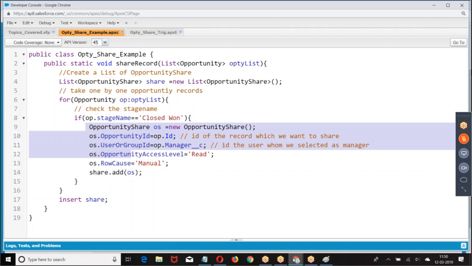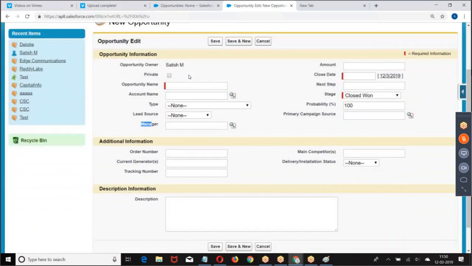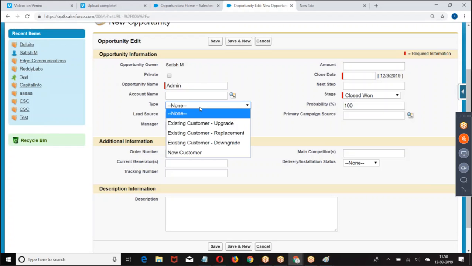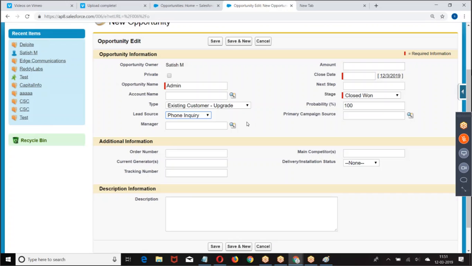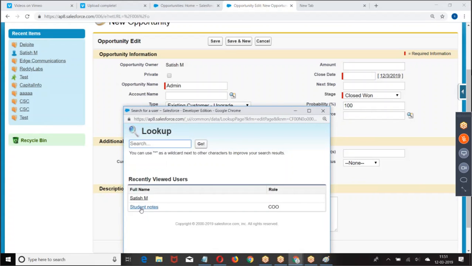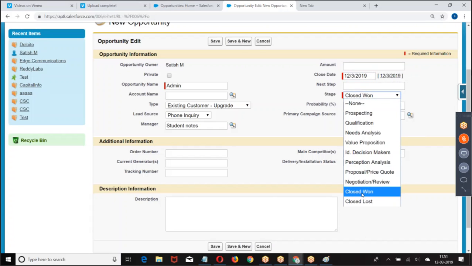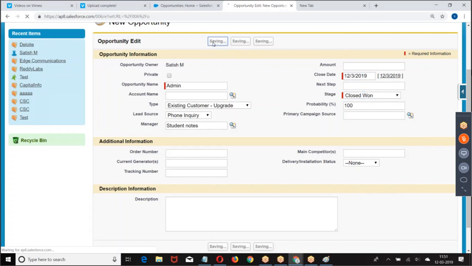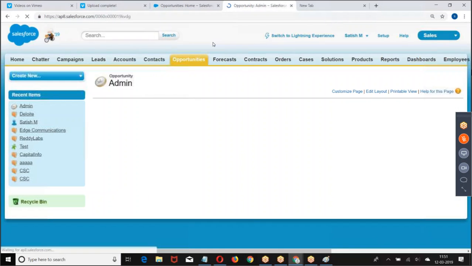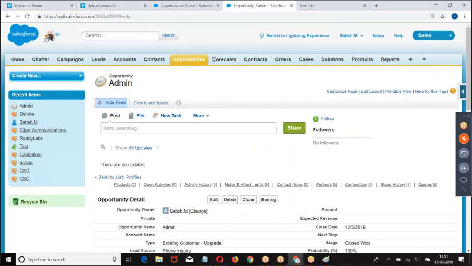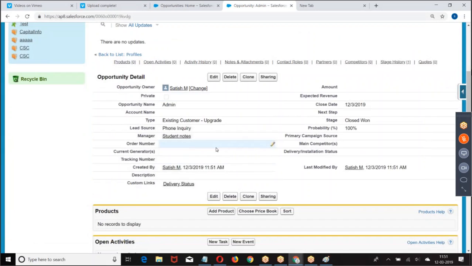So go back to the opportunity. Admin, manager, student. Then opportunity is created.